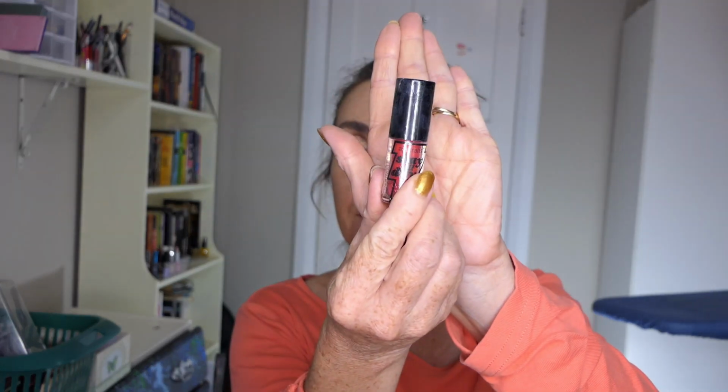So today I am wearing my Australis Slay All Day Lip Stain in Slay Like a Babe. So it looks like this. So it's not a really bright red lip, it is a bit more subtle. And there's my eye look for today,